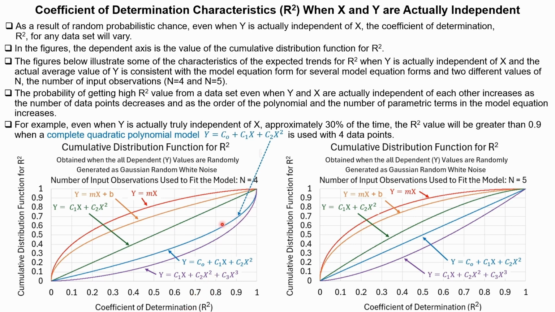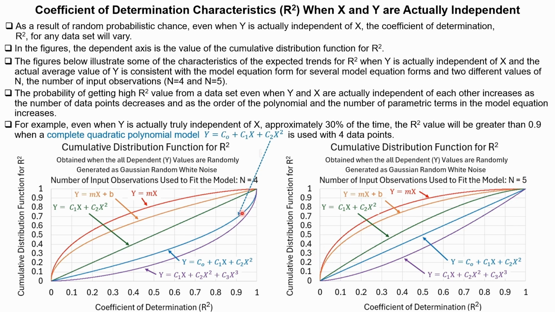The steeper the slope or the derivative of the cumulative distribution function as a function of the r-squared value, the higher the value of the probability distribution function. So you can see, for example, when n is 5, and the model equation form only has one coefficient to solve for, the slope is quite steep at relatively low r-squared values, indicating that the probability distribution function there is high, which means that statistically, this is the most likely region one would get from any random data set. Conversely, one can see that this derivative or slope is quite low in the high r-squared value region, for the simplest model equation form shown, which means that by random probabilistic chance, one could still get an r-squared value of 1, or very close to it, with 5 observations in this model form, but is less likely than